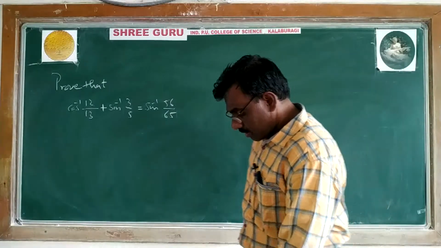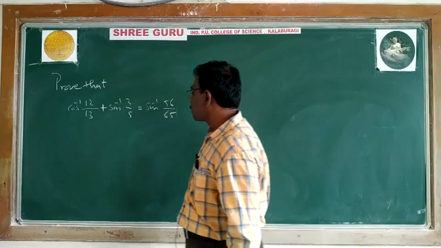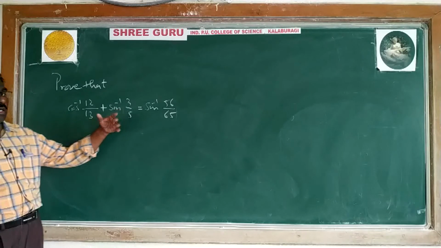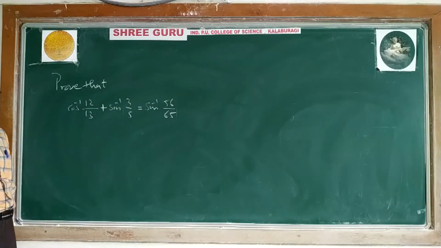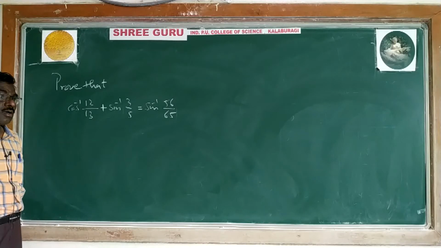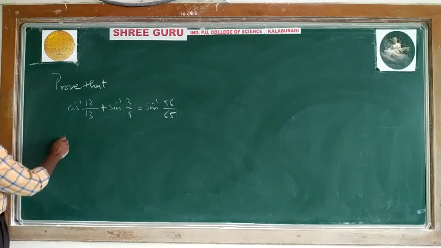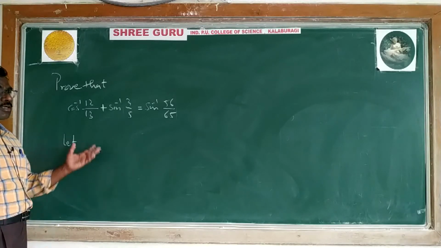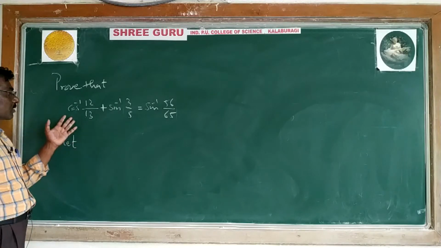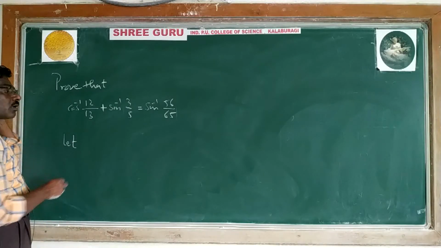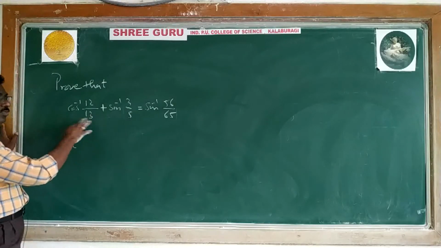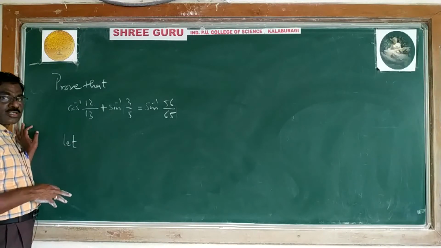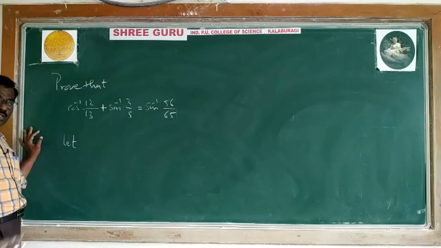Okay. This problem cos inverse and here sin inverse, again answer is sin inverse. Okay. Better you go to formula with the sin inverse of x plus sin inverse of y. Okay. The right side is sin inverse means both are converted into sin inverse. One more minute. If it is given cos inverse, both are converted into cos inverse. If it is given tan inverse, both are converted into tan inverse. That is another way. Okay.